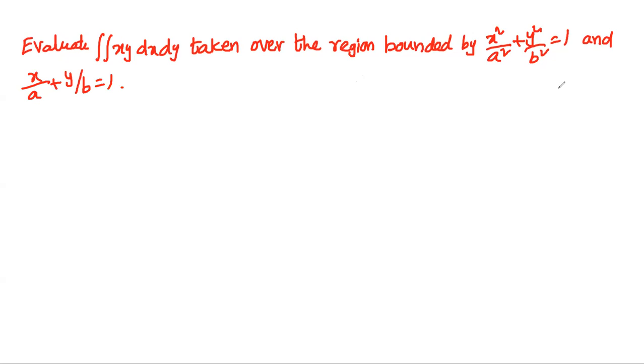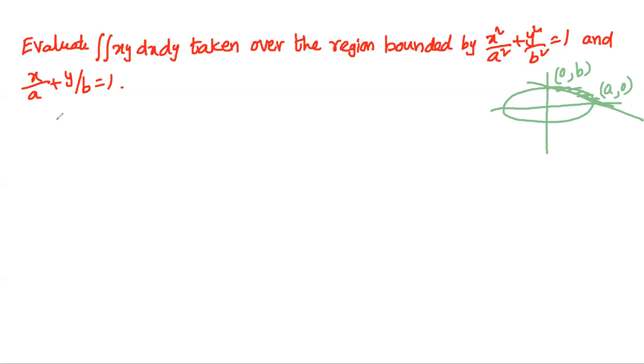I'll explain. Absolutely, there is an ellipse. In this ellipse, there are the x-axis and y-axis, long side and short side. And between that, one line is going. This is the way. This point will be a comma 0 and this point will be 0 comma b. Yes, this is the area.